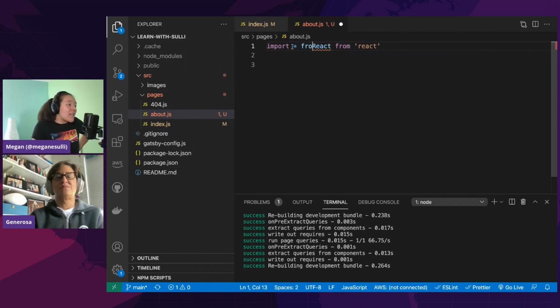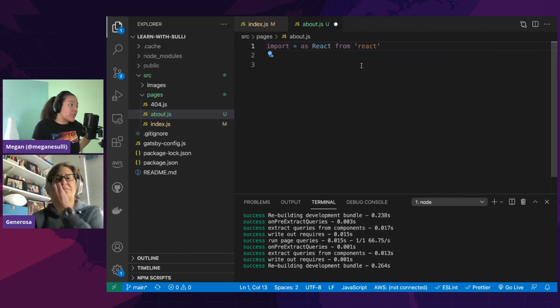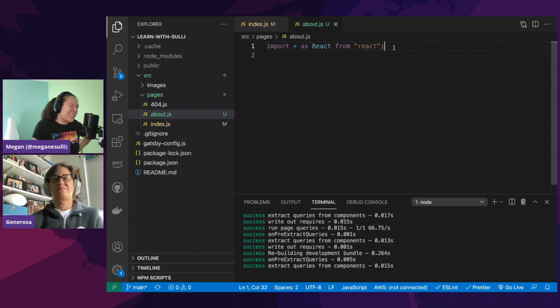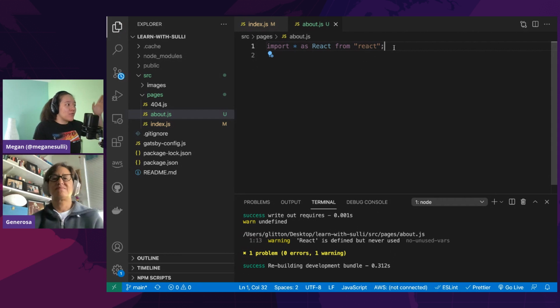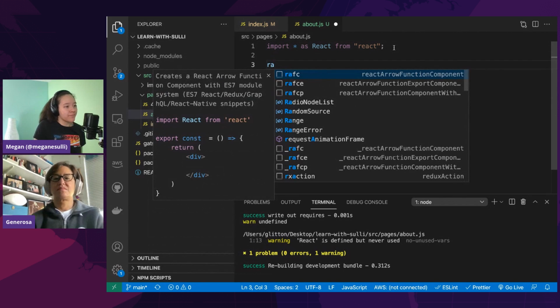I think that import React from React will still work, but I want to say that in the future, the React team is going to change the way that imports work. So writing them this way is setting you up for the future when they make changes in whatever next version of React comes out.